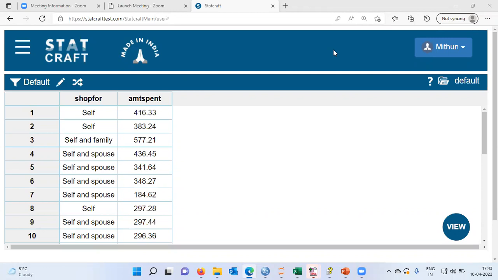My name is Mithun. In today's video, I'll be talking about how to perform one-way Anova using STATCRAFT. But even before I go ahead and demonstrate how to perform one-way Anova using STATCRAFT,